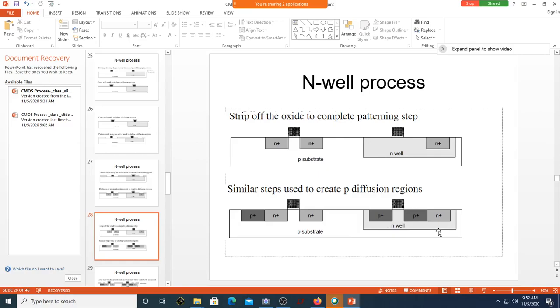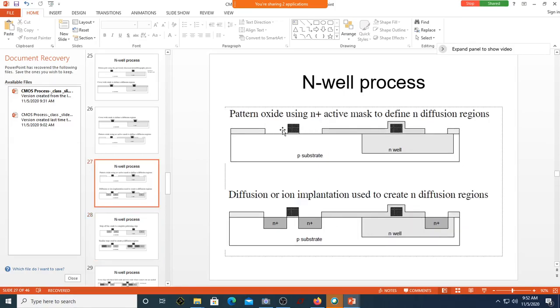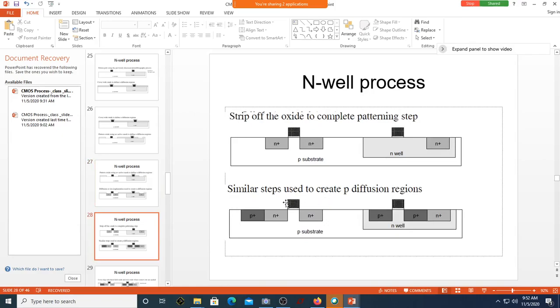What has happened? Then you use similar patterning, all those things. Then you use a P diffusion. Can you see one P plus coming here and P plus coming here? What is this P plus? Bulk of NMOS, sir. The bulk of NMOS should go to ground, that's why you have an ohmic contact. How about this P plus? Source or drain of the PMOS transistor. You can see now you have bulk, source, drain, and bulk. Now it is ready, and of course the gates.